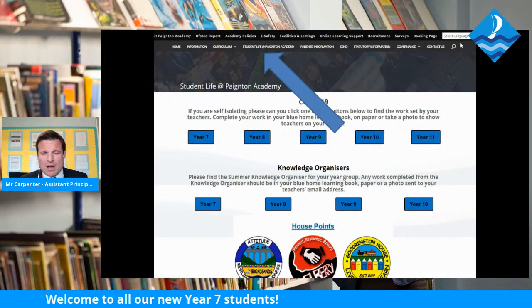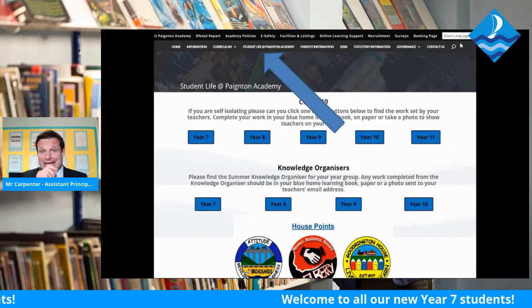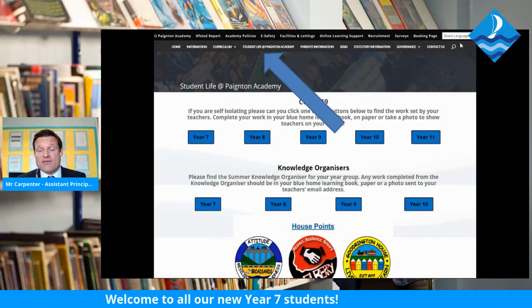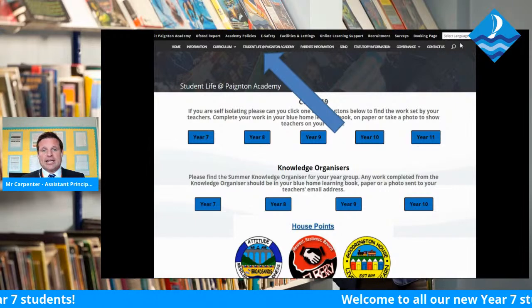So what you do is you can look at the website there, at the very top, there's Student Life at Paignton Academy. So the first thing you would do is you would click on that link, and it would throw you up into a various amount of information. Here you can see information on the knowledge organisers, for example. And then as we move on to the next slide,